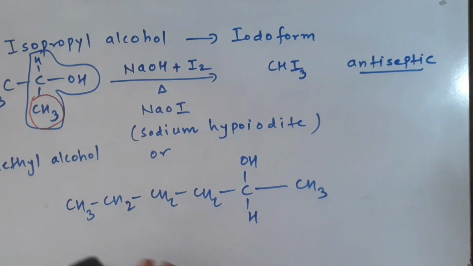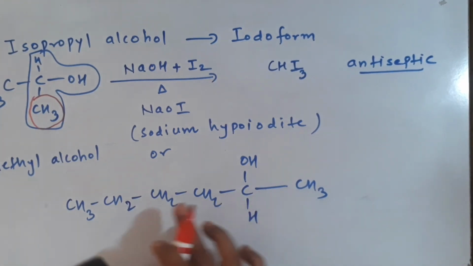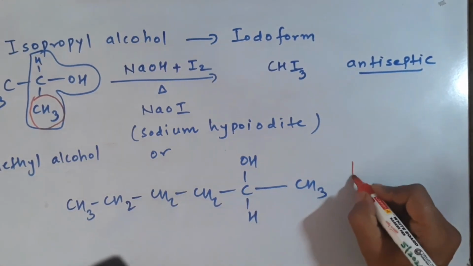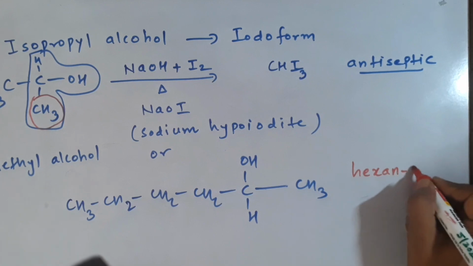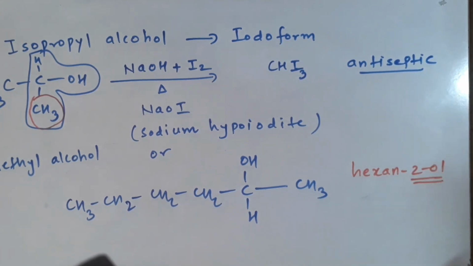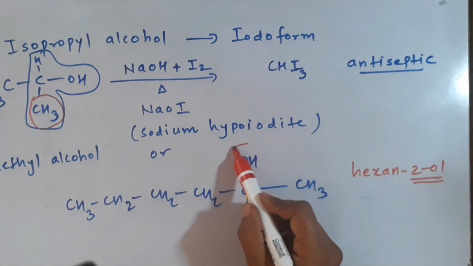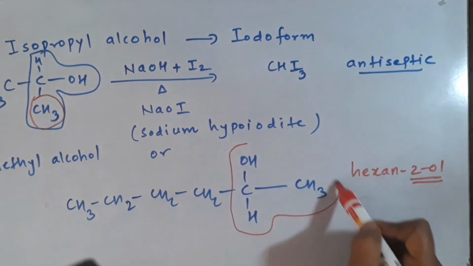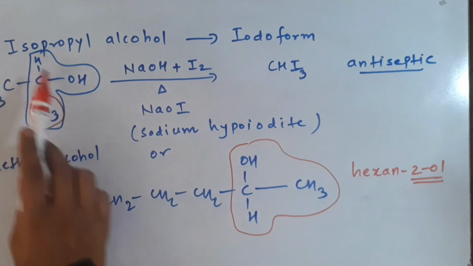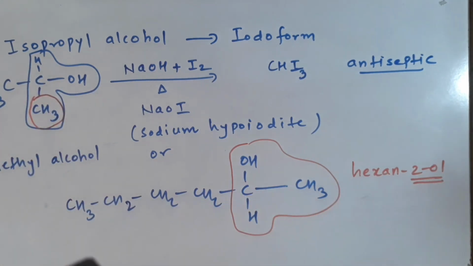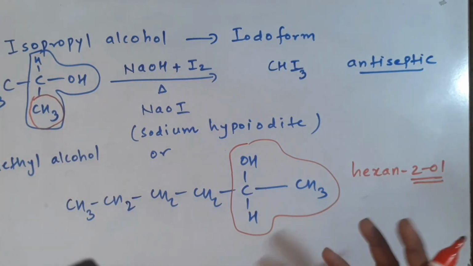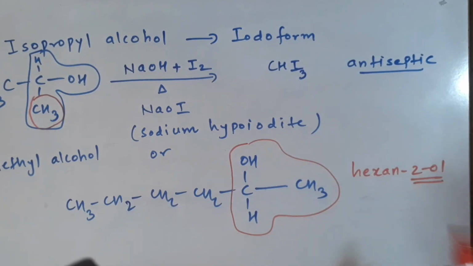Now this compound is going to be 1, 2, 3, 4, 5, 6. So it's hexan-2-ol. The moment you look at this 2-ol, yes, it is going to show the iodoform test. And this is that structural linkage which we are looking for, CHOH-CH3. I cannot find out this structural linkage every time, it becomes difficult, so I'll just remember 2-ols.